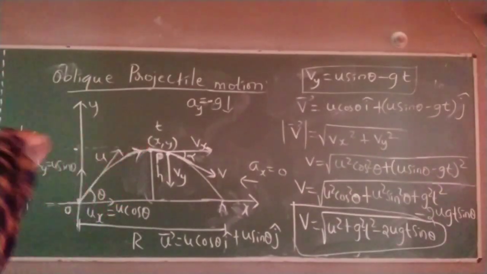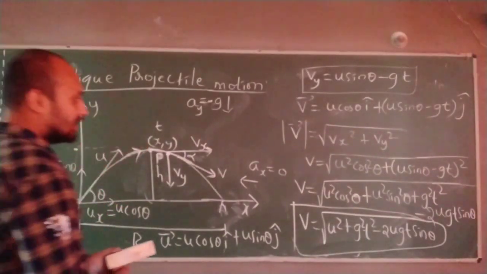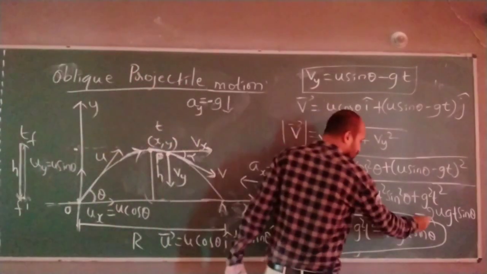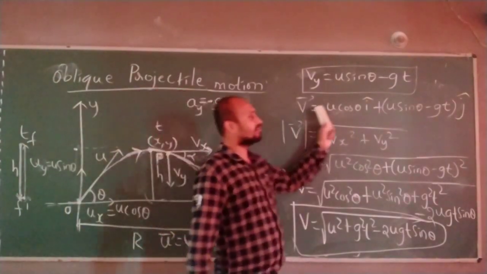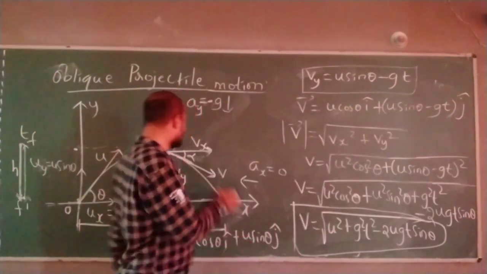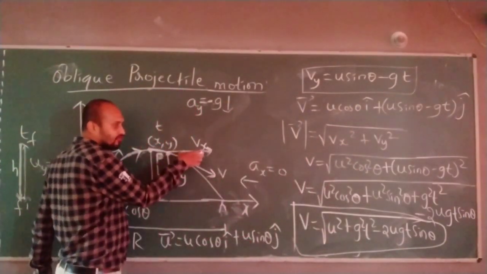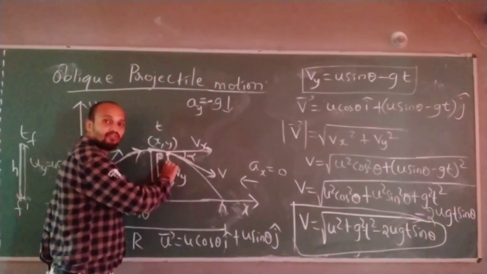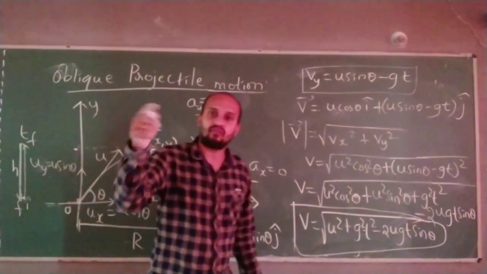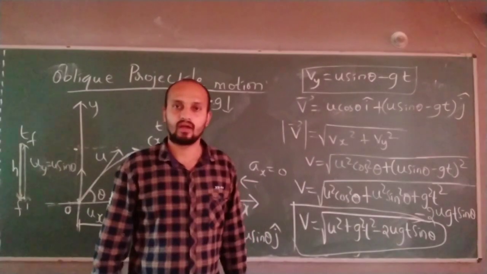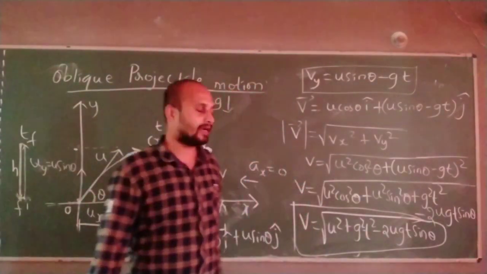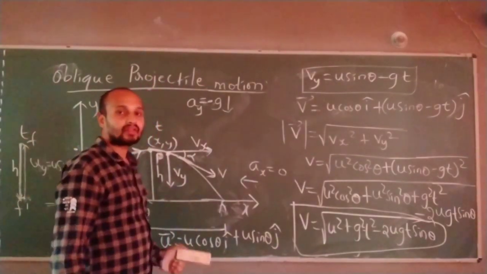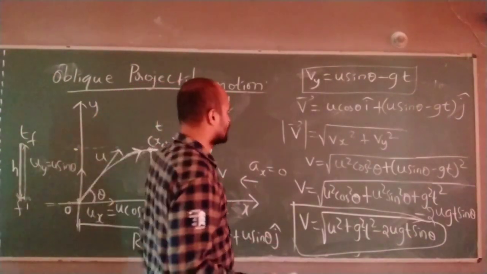So this is the velocity of a particle at any time t. I found out the magnitude value. Initially I took vx i cap plus vy j cap. I am resolving these two components, then finding vx individually, then vy individually, then finding the magnitude of them. This is where vectors are used, if I want to write i cap, j cap. Correct? Then